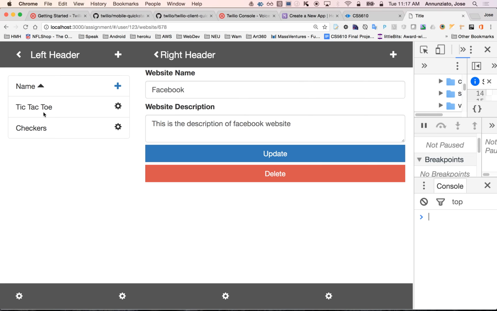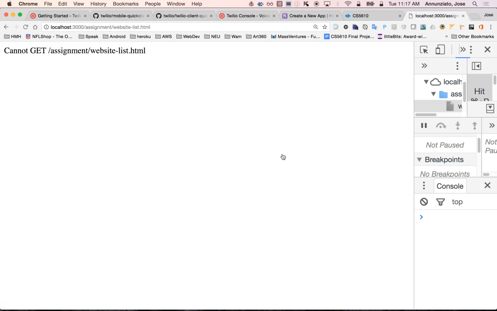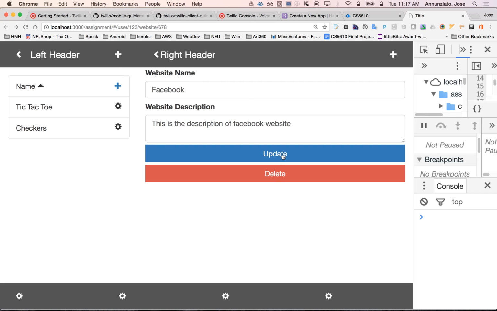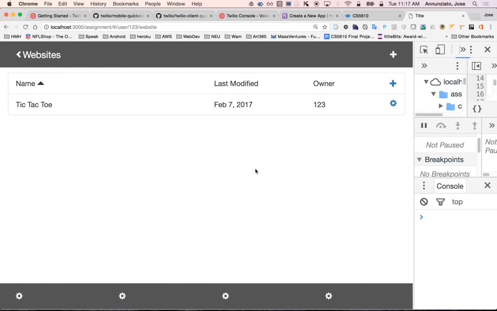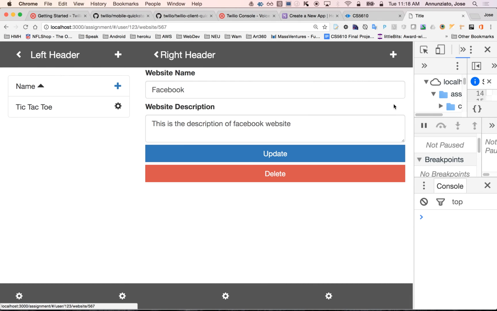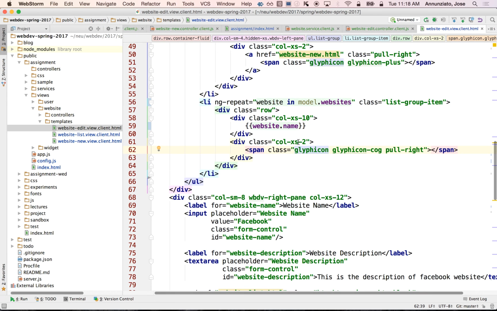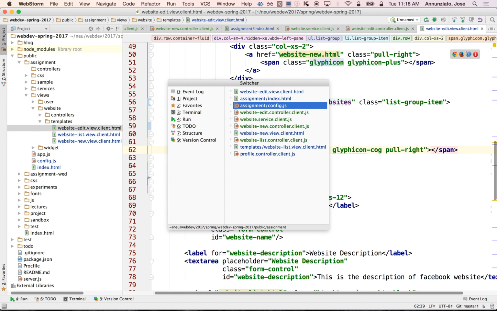So we, did I remove it? Oh, refresh. Thank you. All right, so we remove this one, and when we go back, oh, update. Oh, not update. I'm sorry. Delete. Okay, there we go. And we say edit. It's no longer there, right? Obviously, this is supposed to read from the service, right? So in the controller,